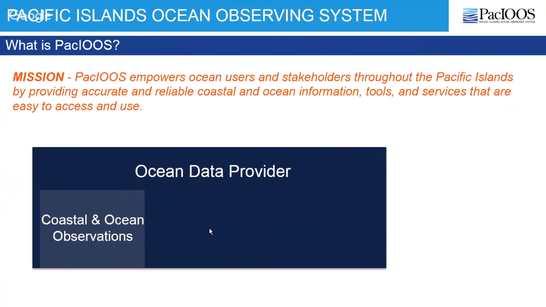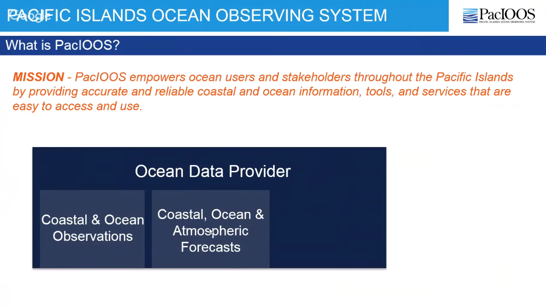We have the component of collecting coastal and ocean observations. So we have assets in the water, we have equipment in the water to collect these observations. We also have models that can generate forecasts. And then we also deal with a lot of partner data, not just the stuff that we generate or collect, but also data from, let's say, NOAA, from other nonprofit organizations, from other researchers. We work with them and help